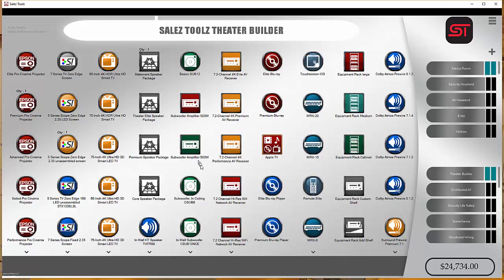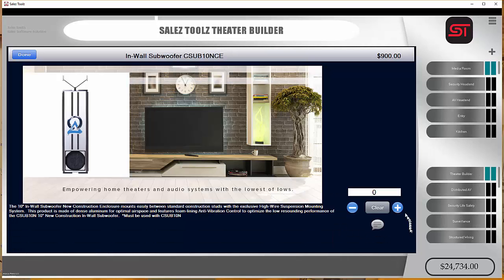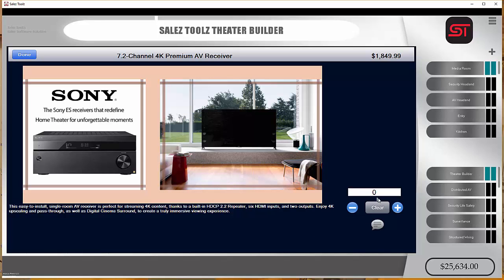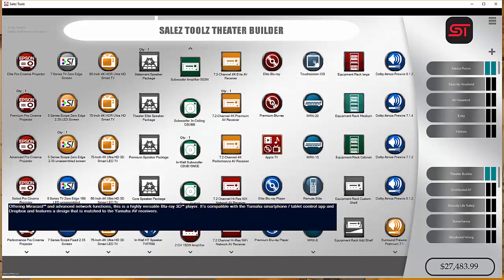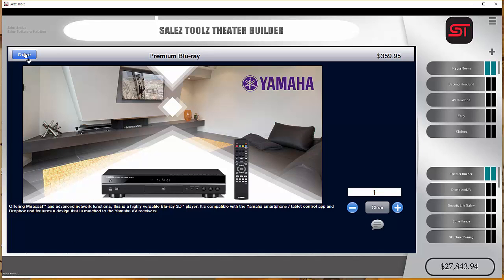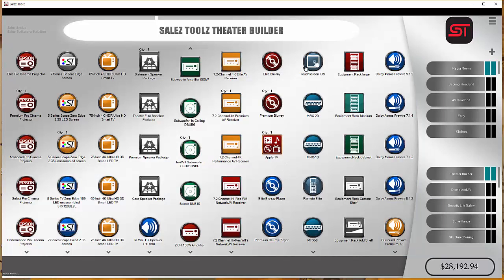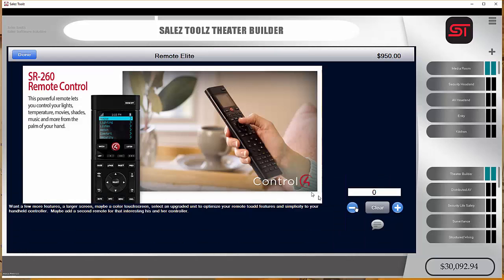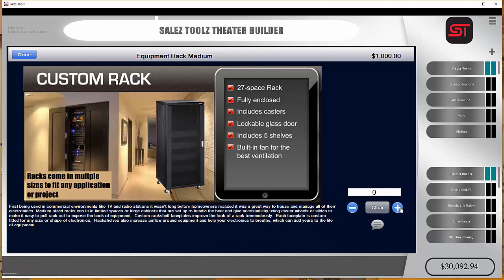And then go through and add in a nice subwoofer. Pick out a receiver and throw in some nice source gear in there. Show them their different control options. Then we're ready to grab a rack